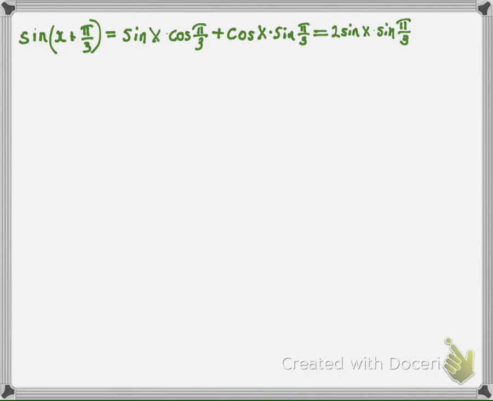Here's an example working through an IB high-level style problem dealing with trigonometric identities. The given problem was that the sine of x plus pi over 3 is equal to 2 times the sine of x times the sine of pi over 3. That's given information, so in other words, that equation happens to be true, and that information is enough to show